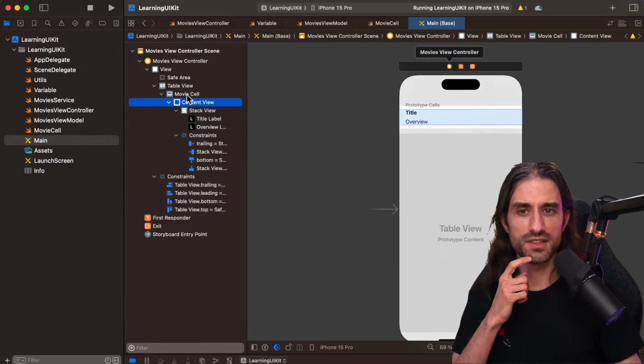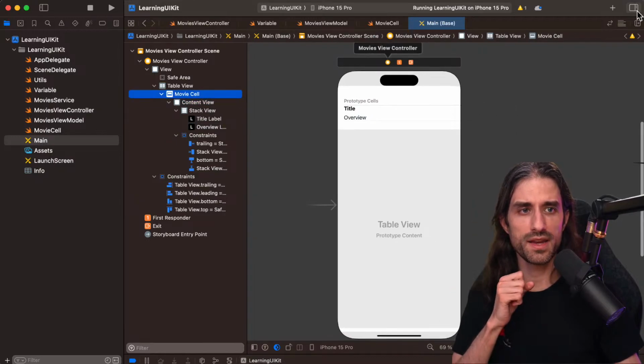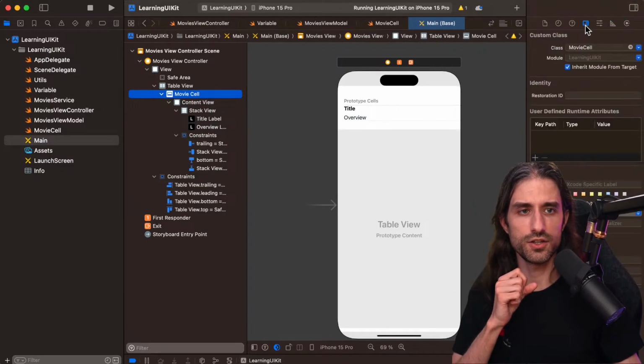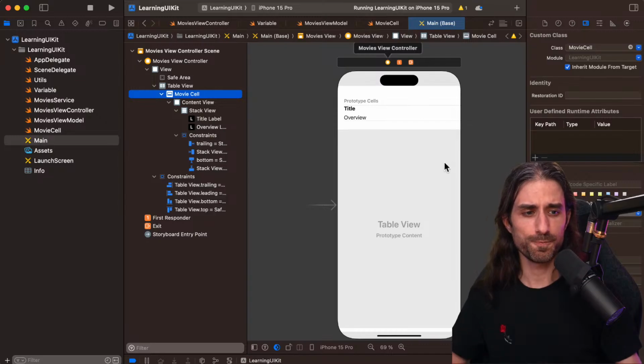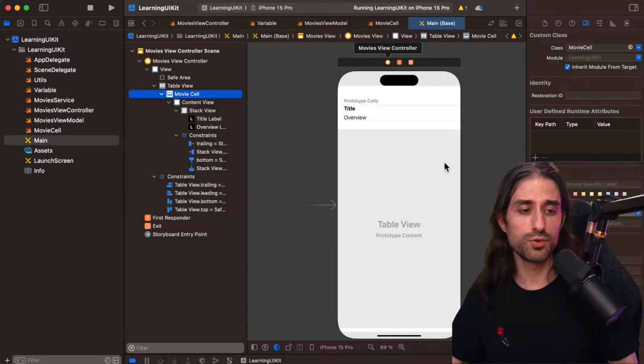I'm going to set something that is very important, and you will see why in just a few minutes. The way it's going to work is that our table view is going to ask its data source for cells, and a table view wants to try and recycle its cells, meaning that if there are 2,000 lines, the table view doesn't want to create 2,000 cells because it would just destroy the memory capacity.